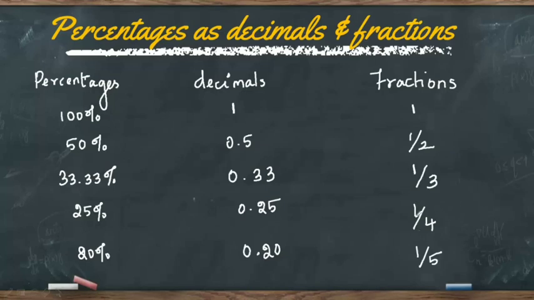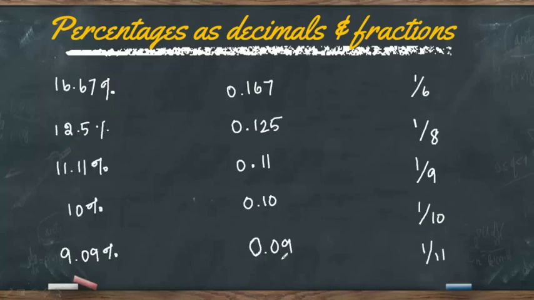So yes, 1 by 4 can be represented as the percentage 25 and 0.25 in terms of decimal. Similarly, 1 by 5 can be represented as 20% and 0.20 in terms of decimal. This continues for all the other numbers like 1 by 6, which is represented as 16.67, and 1 by 8, which is represented as 12.5, 1 by 9 as 11.11. Well, you might have a doubt like, how do we get these values?